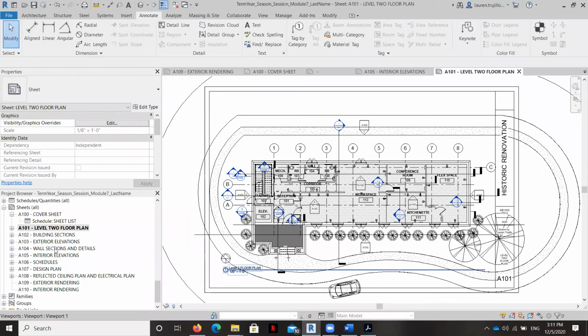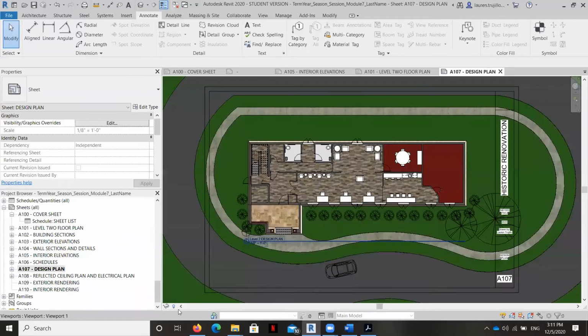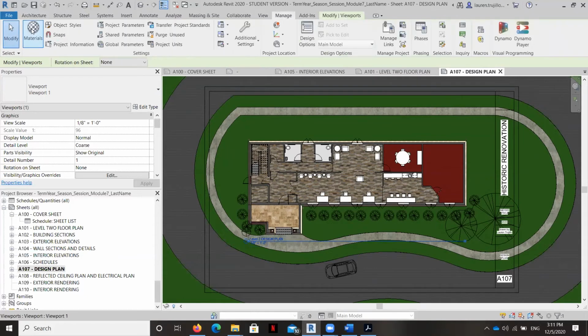If we look at the design plan, what we can do is click on that travertine finish by looking at manage and materials.